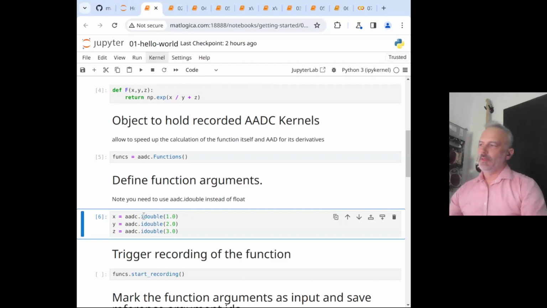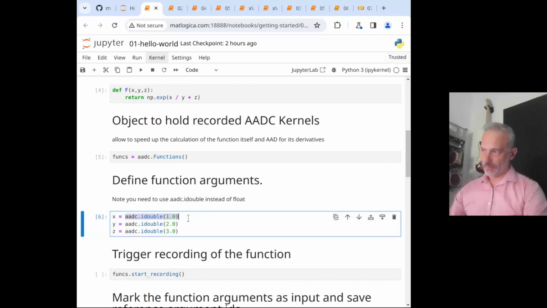Instead of using scalar numbers, so in Python you can write x, y, z equal to 1, 2, 3, we're going to wrap these variables into idouble objects. These objects allow us to trace calculations. So when your original program runs and executes primitive calculations, we're getting callbacks about the elementary operations your program executes. This approach is quite common, and it's called operator overloading in C++, where you substitute your native types with more complex types that behave almost like native types, but do some extra work.